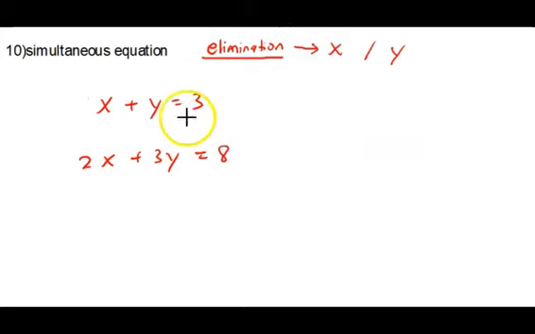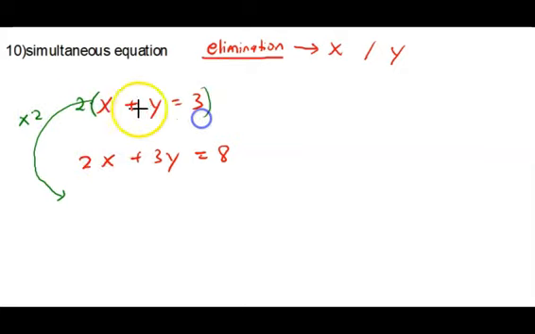Okay, how if you have no similar terms, but you have the same x and y? So what we can do over here, we have to multiply. Let's say you want to eliminate the x, right? So what happens over here, we are going to multiply with 2. So I'm going to write it down here. This is multiplying with 2. So if you multiply the whole thing with 2, like this,